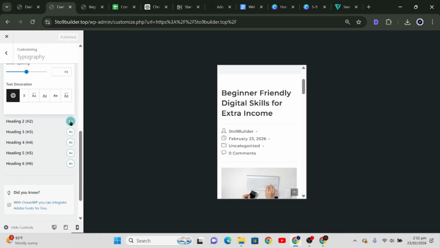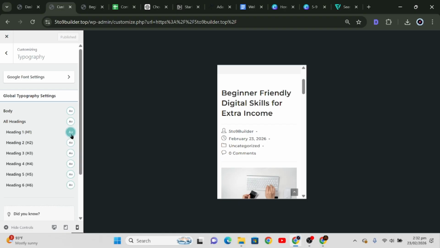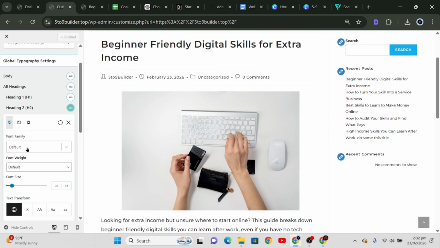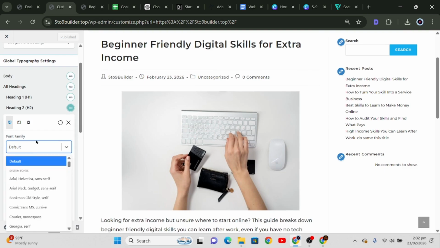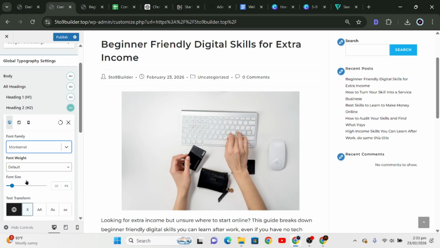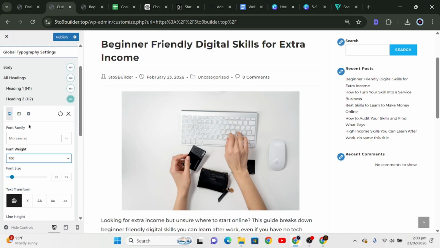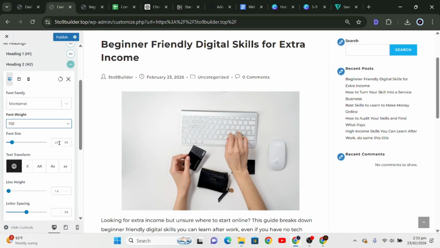Okay, now let's go to the H2. The H2 is going for also Montserrat, and the weight should be 700, and then the size should be 30, and it should be